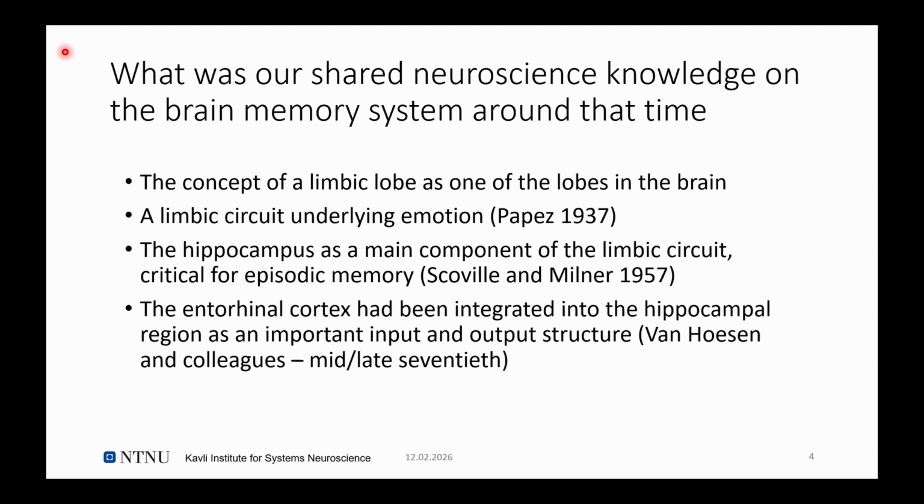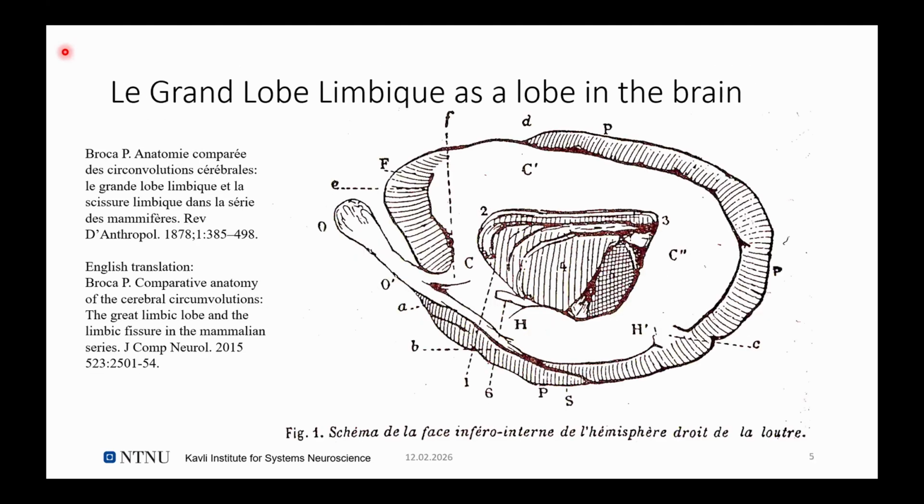So let me start with the limbic lobe. This is a picture of a mid-sagittal view of the brain of an otter. And it was Broca who described this ring of structures around the corpus callosum here. This ring of cortical structures, together with the olfactory bulb and the olfactory peduncle, he named the grand lobe limbic, because it is the border, the limit of the cerebral cortex attaching to the diencephalon,